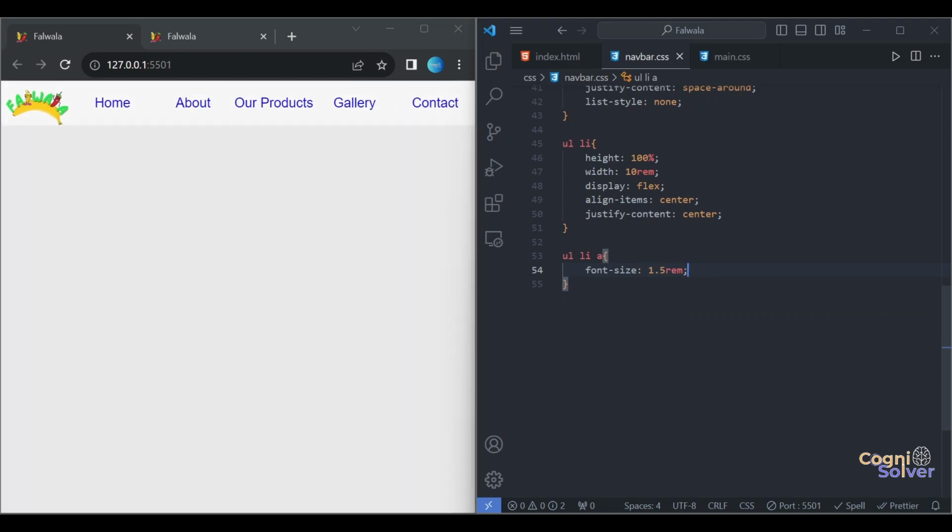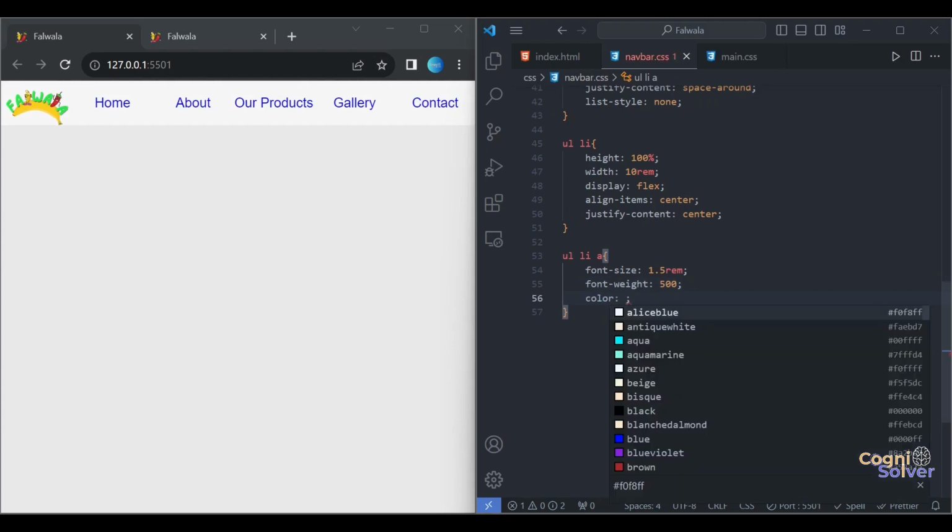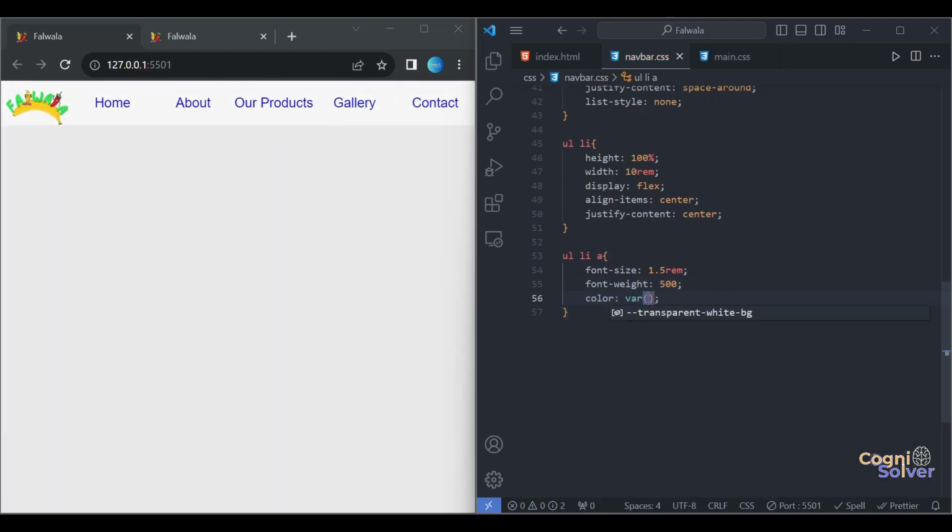Okay, then a font weight, make it a little bolder, 500. Okay, then we'll give a color. Obviously we're going to use variable for colors here. Okay, so I'll give it muted text color, something grayish kind of color, I think it is in value setting. Yeah,